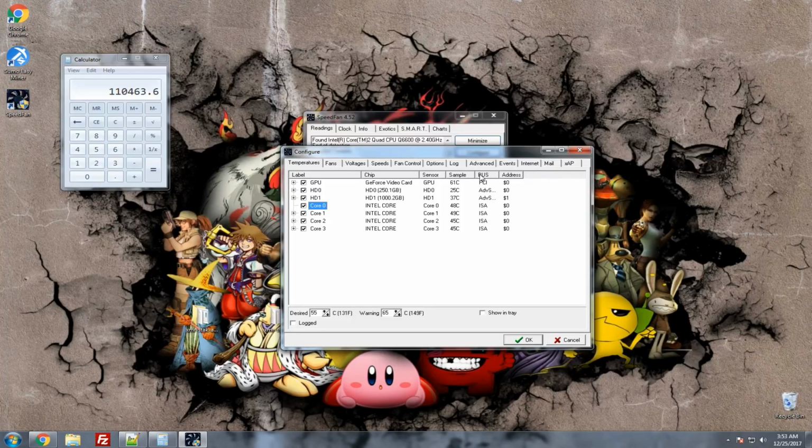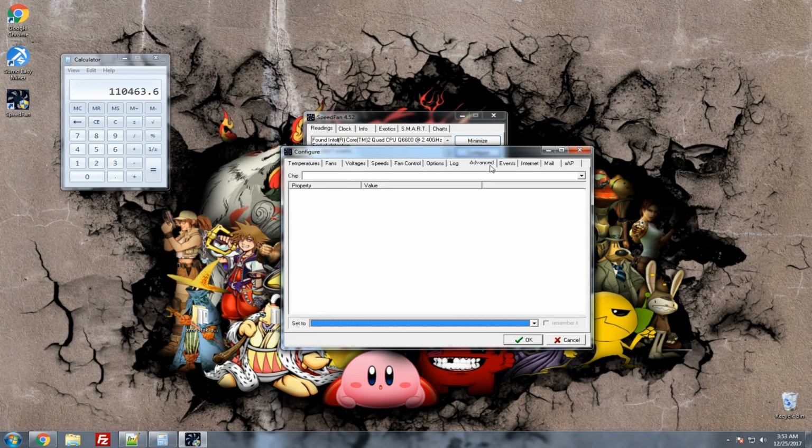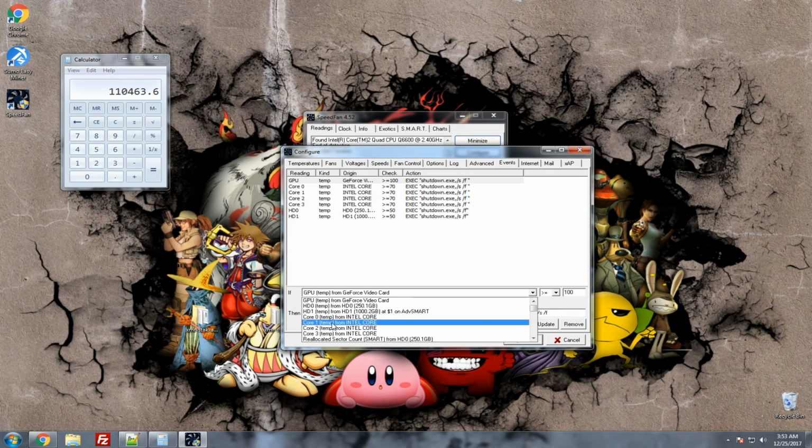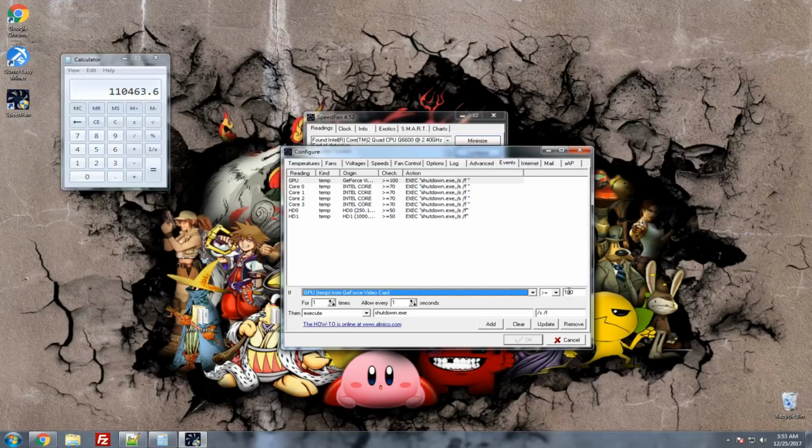Now, if you want it to actually shut down, you can go over to events, and right here, you'll be able to add different stuff. So for my GPU, you choose from here, you choose whatever you want to monitor or shut down. You'll choose that. Then you'll choose greater than or equal to, my graphics card's able to handle 100 degrees Celsius. And then you'll choose this, which would basically say, if it's hotter for longer than a second, then you'll need to execute this command, which is shutdown.exe, and then /s /f. So that's going to shut your computer down if it reaches this temperature for longer than a second,